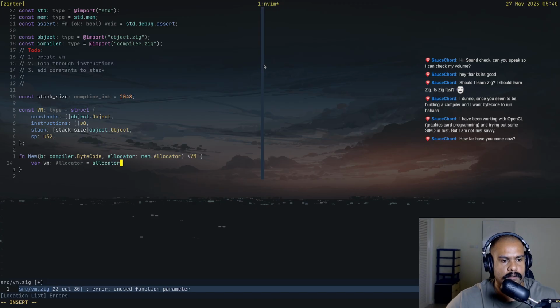Allocator dot create VM. Okay, nice. This can add a, and then VM is a pointer, so